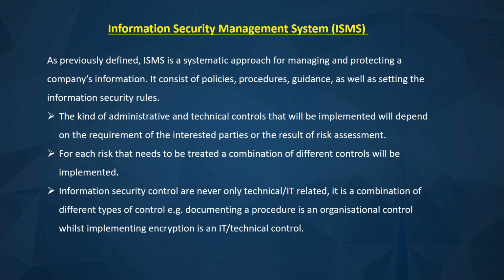So when you're looking at all the controls in ISO 27001, all the controls in Annex A, just bear in mind that whatever risk you want to treat, you're not just going to apply one control. Minimum, you're going to apply two. It depends on the sensitivity of the information. Very, very sensitive, business sensitive information, it's not going to be two, maybe three or four.